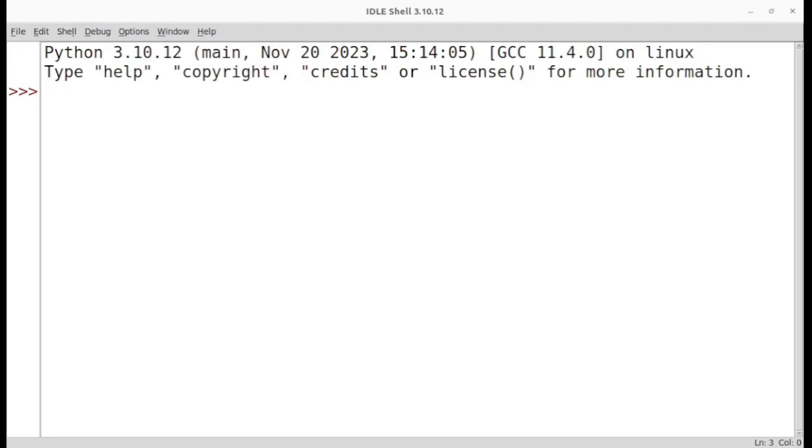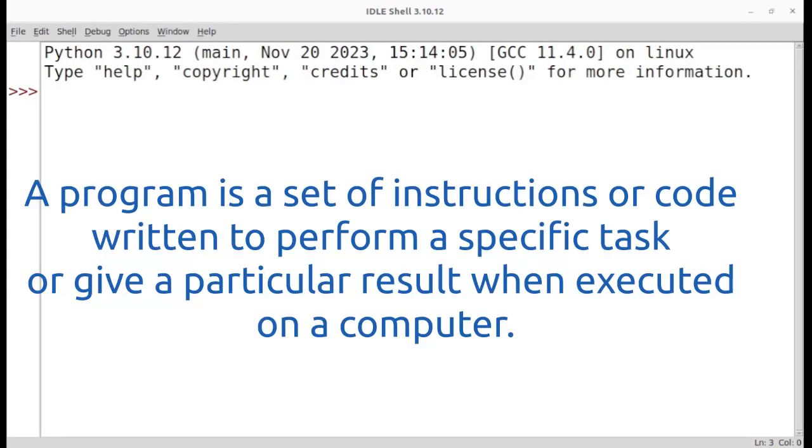if you wish. And before we start writing the code, let us just clarify what is meant by a program. If we look at the definition of the word program on the internet, in a dictionary or a book related to software, we may find definitions similar to this one. A set of instructions or code written to perform a specific task or give a particular result when executed on a computer. And this is exactly what we're going to write, a set of instructions that will perform a specific